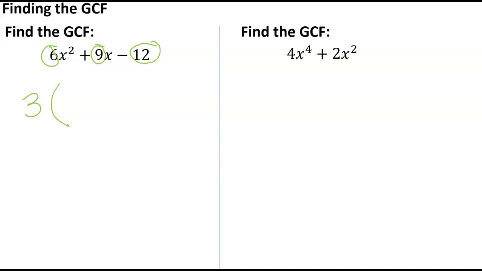So 6 divided by 3 would give me 2. And I'm going to rewrite this x squared. I'm going to rewrite my plus sign. 9 divided by 3 gives me 3. So 3. I did not do anything with my x values. And then 12 divided by 3 would give me 4. So I'm going to write my minus sign and then 4. In this case, our last value, which is 12, does not have an x, so we actually cannot pull out any x's. So our GCF in this case would simply be 3. Let's take a look at this one on the